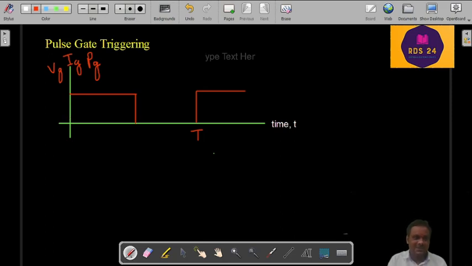In this kind of pulse triggering method, we are not applying the VG for the whole duration of time. It will have some pre-decided value. Let it be T on dash. Here this T on dash will not be equal to the turn on time. It may be equal to turn on time, but it is not the same as the turn on time. So the gate pulse is applied for a pre-decided time, not for the whole duration. That means it comes in the form of pulses whose duration is pre-decided.